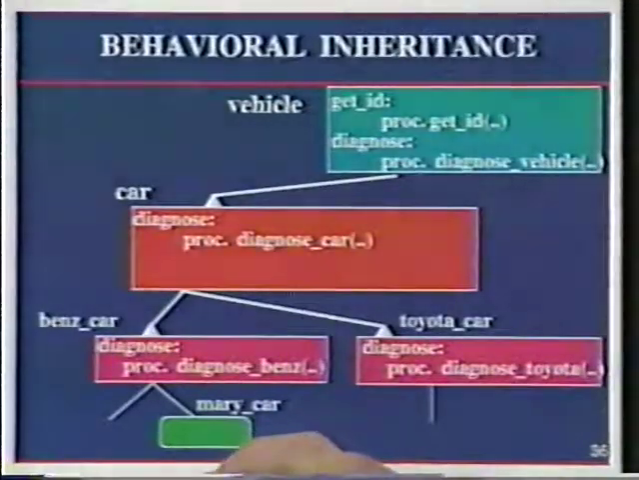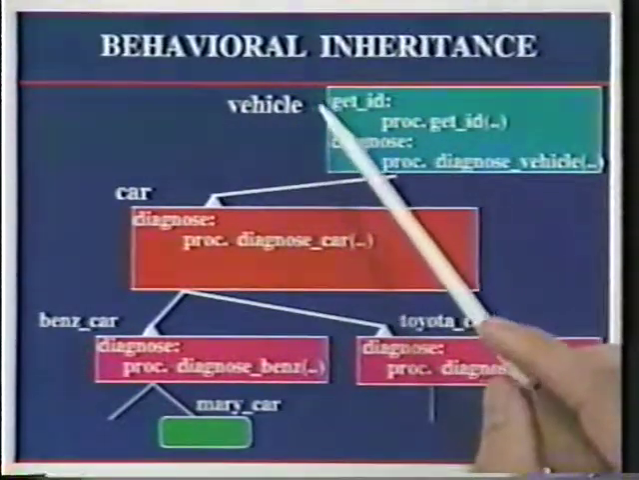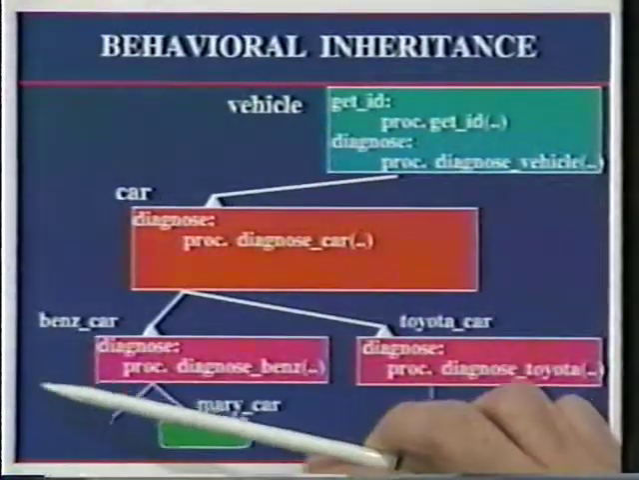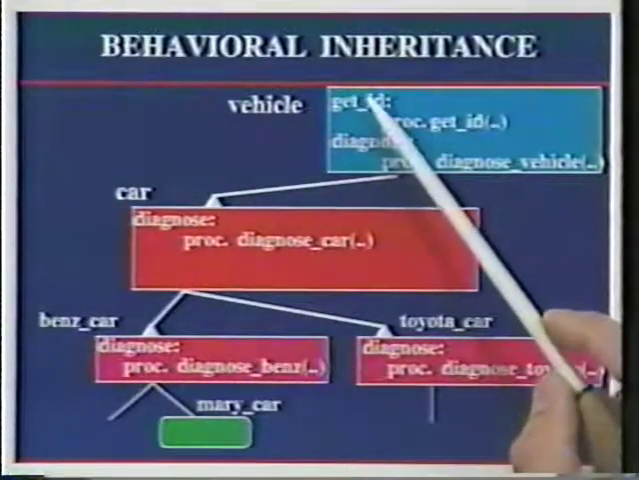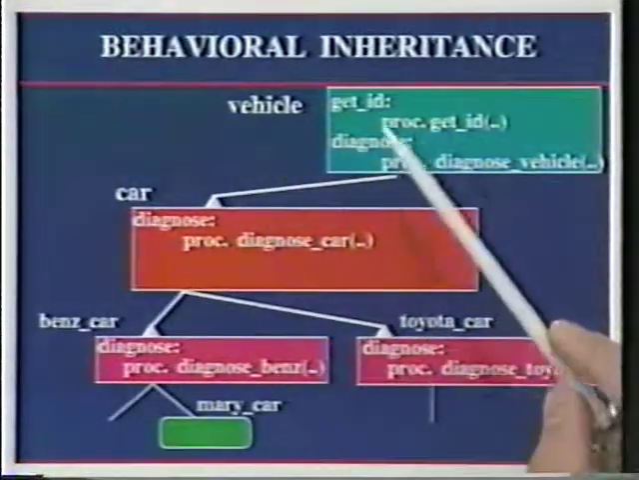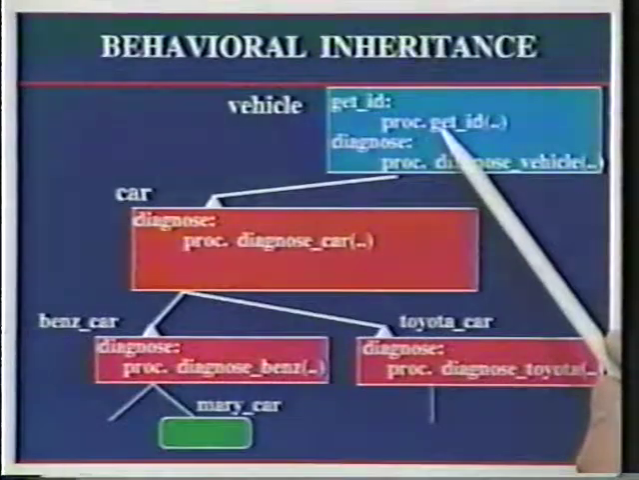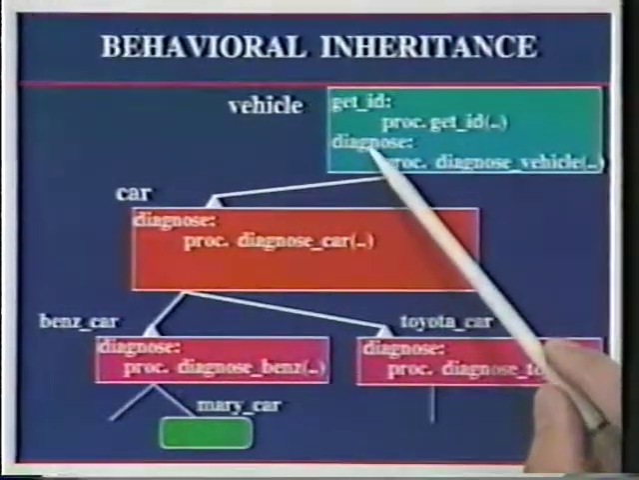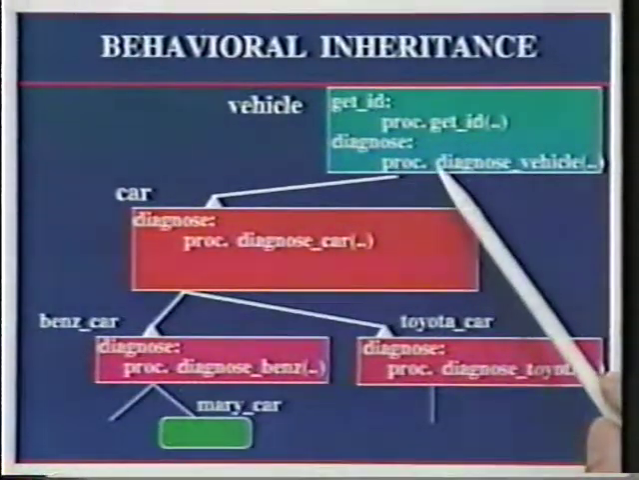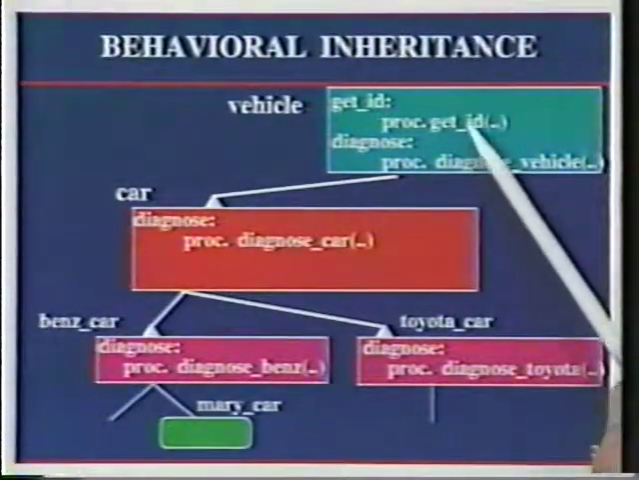And in terms of the behavioral inheritance, we can do the same process, where in this case I'm only showing you the behavior and not the structure here. I have two behaviors here, get ID and diagnose. So if I send a message to vehicle called get ID, I invoke procedure get ID. If I send a message called diagnose here, I invoke the procedure diagnose vehicle, and this is a knowledge based expert system which knows how to diagnose